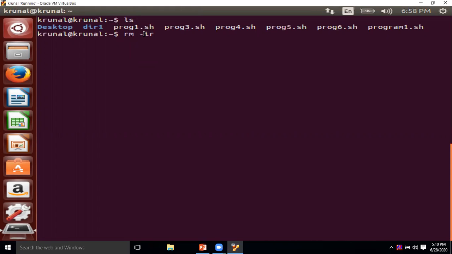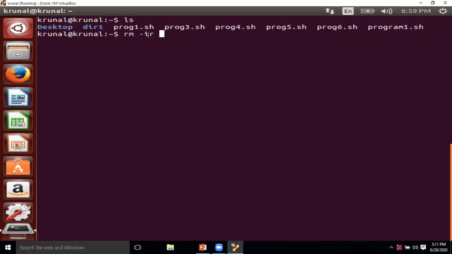This is one option. I stands for interactive, and R stands for recursive. Recursive means whether this directory contains some files or subdirectories, or it doesn't contain anything, once you use this R option, whether it is an empty directory or non-empty directory, it will work.